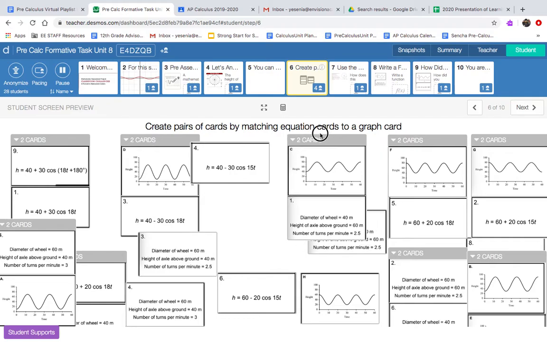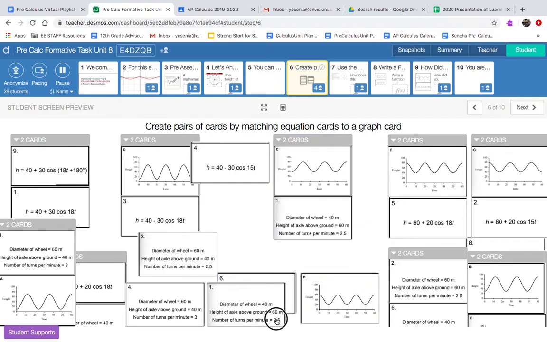So this graph matches up to this situation, and then the last thing you